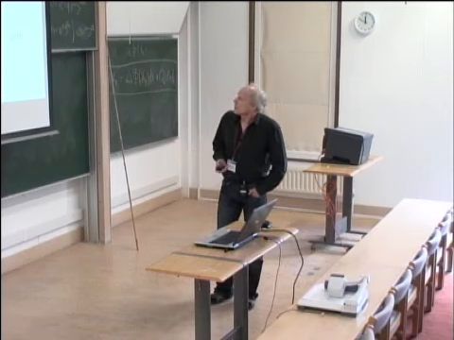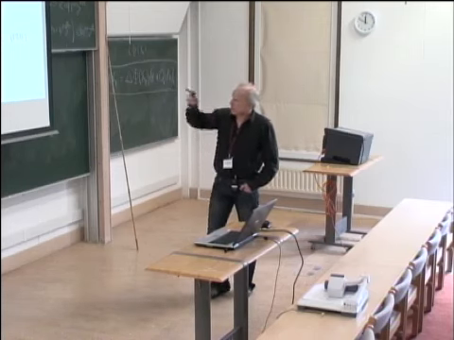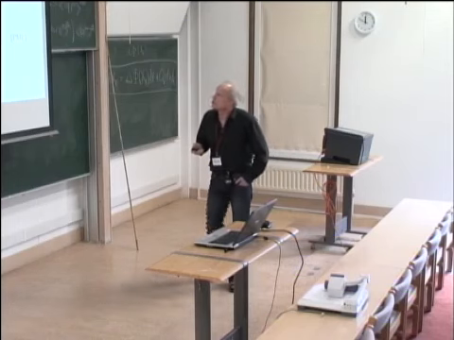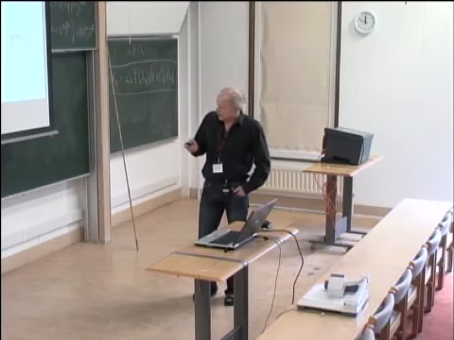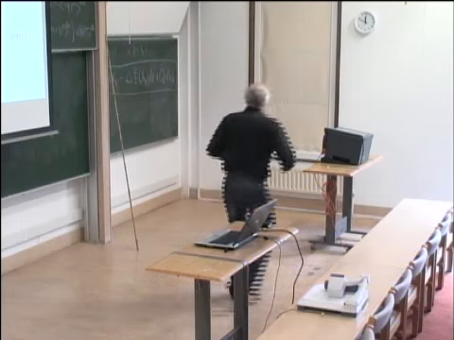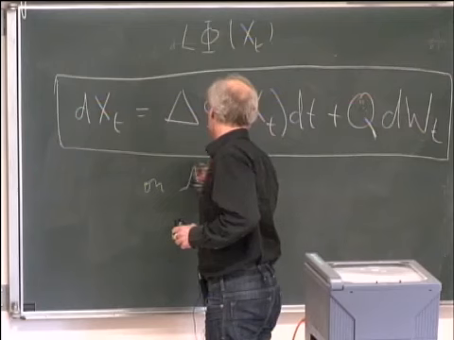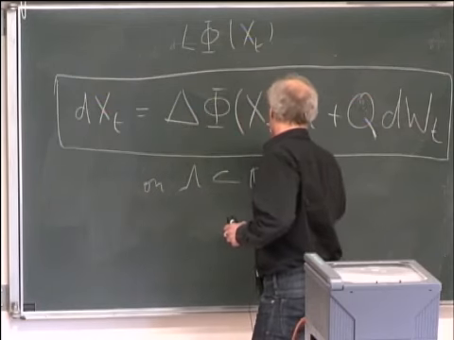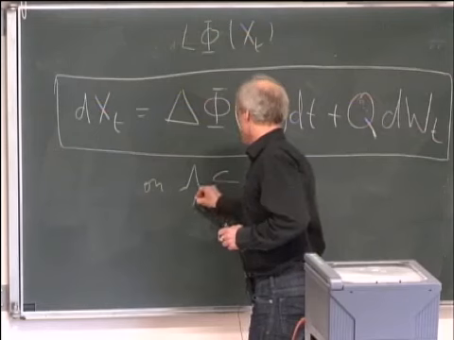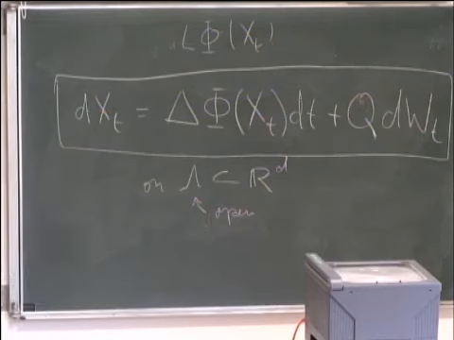Okay, so now let me explain. This is not only the interval 0, 1. I was too restrictive here. So lambda is just an open set in R^d here. Maybe I write this on the board. So the whole thing is on some arbitrary set in R^d, and of course it is an open set. Let's say open and connected. So why do we call this lambda?